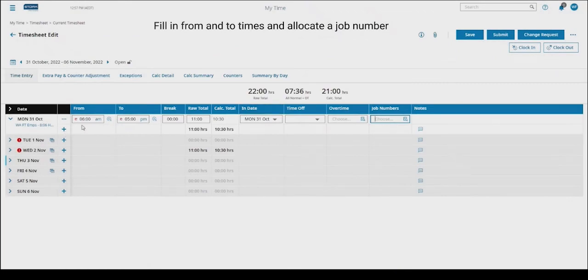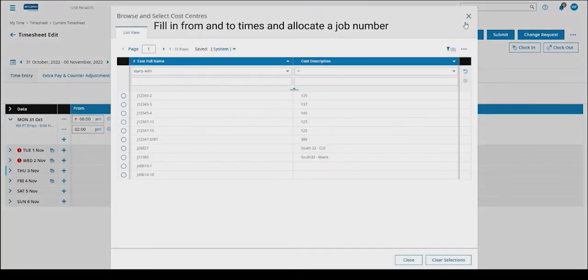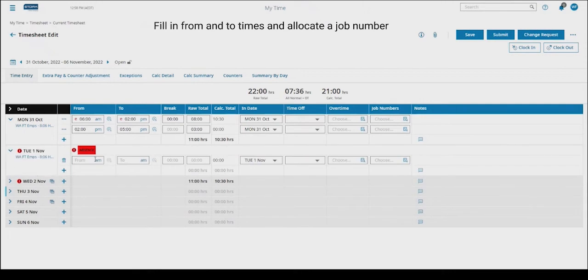You can add in additional times. For example, if you want to add in maybe the same time, let's say you're working 6 to 2, and then 2 to 5 on a different job number, you can put that in as well. So that's always useful. Go ahead and